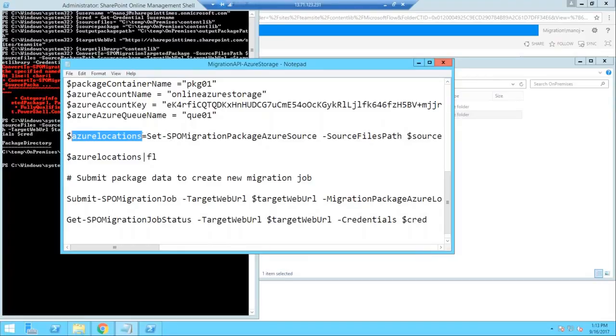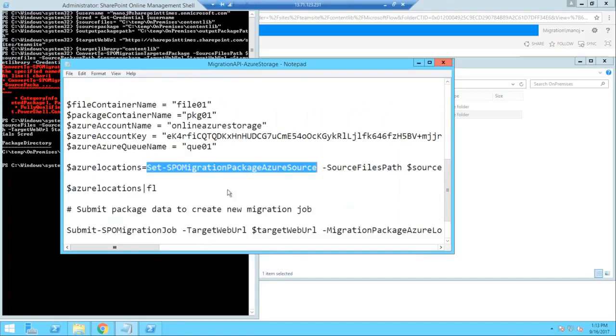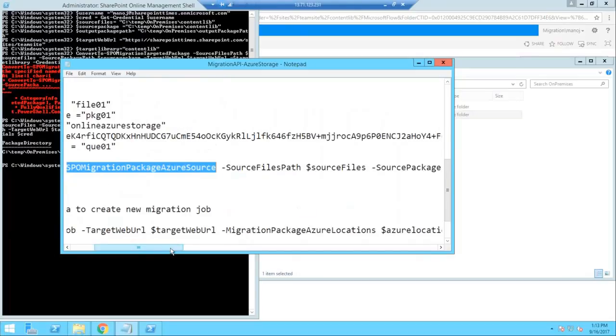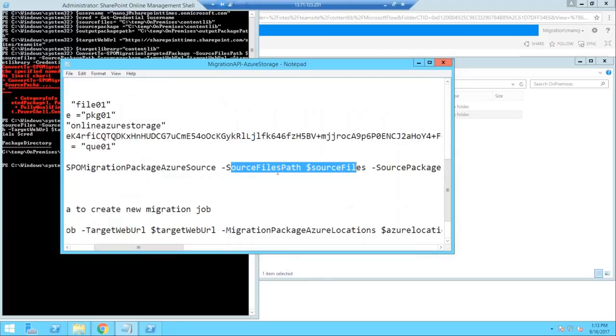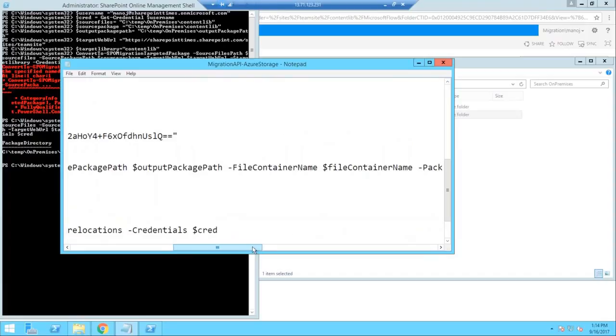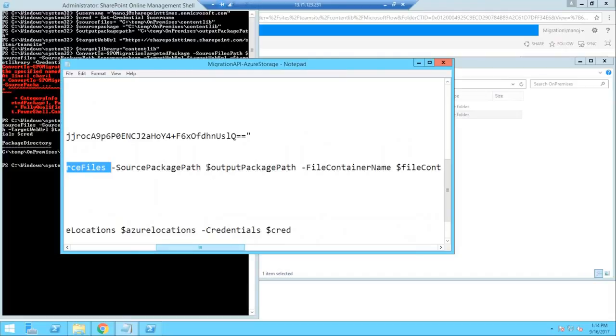So before that, we are just using the Set-SPOMigrationPackage command. This package will take the .dat files and the XML files and put them into the blob storage in the specified container for us. So what are the parameters required for that? The source file name. The source file name is where we have the dat file. It's still pointing to the first one, content library, the same variable I used here. Source package is also the same. It's the source package where we have created the new output package path. So I just changed it here. This is my source package now.